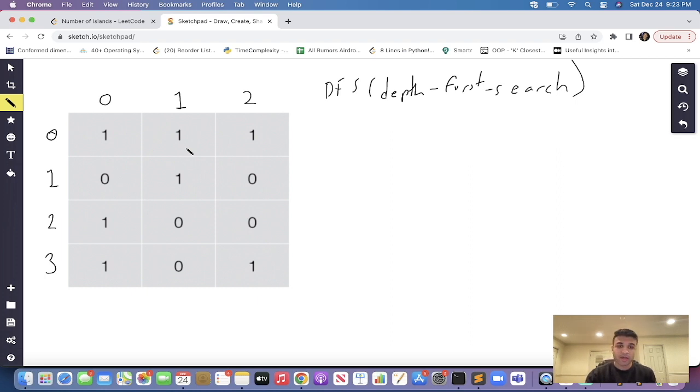We keep drilling down deeper and deeper until there are no more ones to be found, and there we have one island in that case. So that's essentially the DFS approach. Feel free to look up more about DFS, BFS, or disjoint sets. There are some other good explanations out there for the other 2 methods that I've mentioned that I'm not going to be showing here. But in terms of DFS,